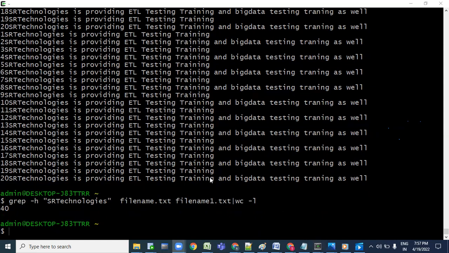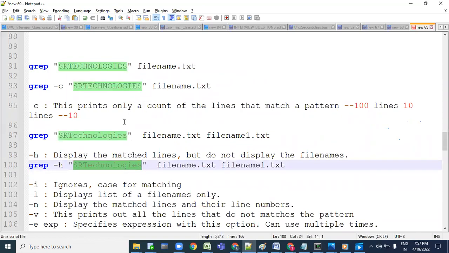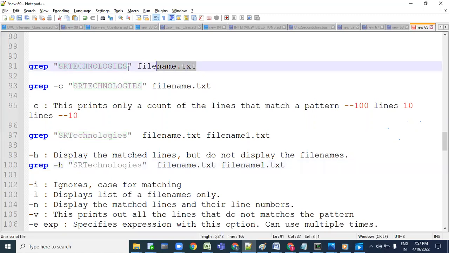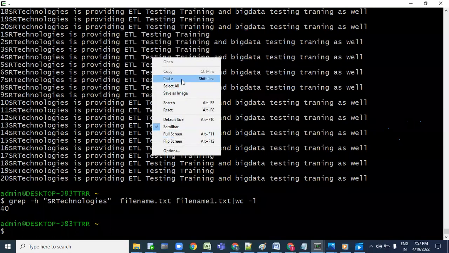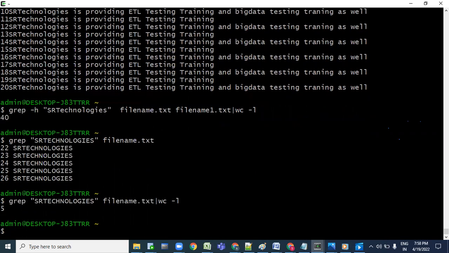40 lines. Okay. Now one more thing. SR technologies and this, everything is matching, right? But while I'm checking SR technologies like this, from file 1, how many records are coming? Only 5 records are coming. Can we see with wc -l? Only 5 records. But actually, if you remove the case insensitive, I would say case